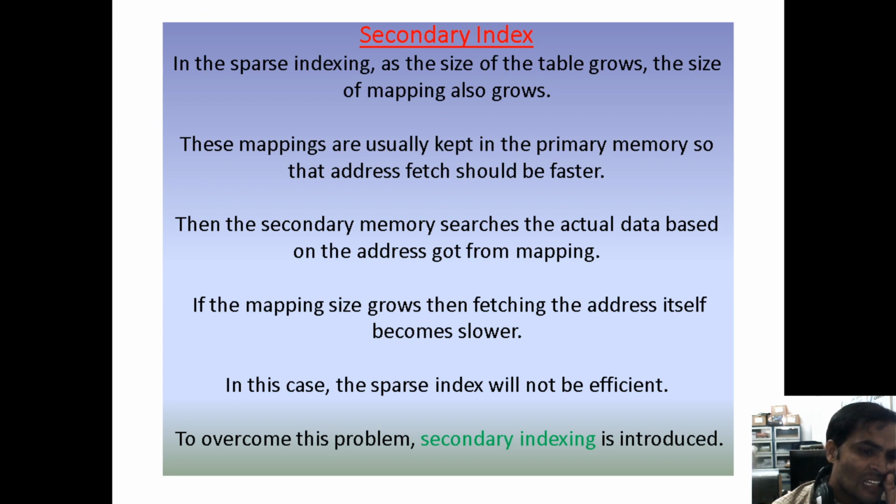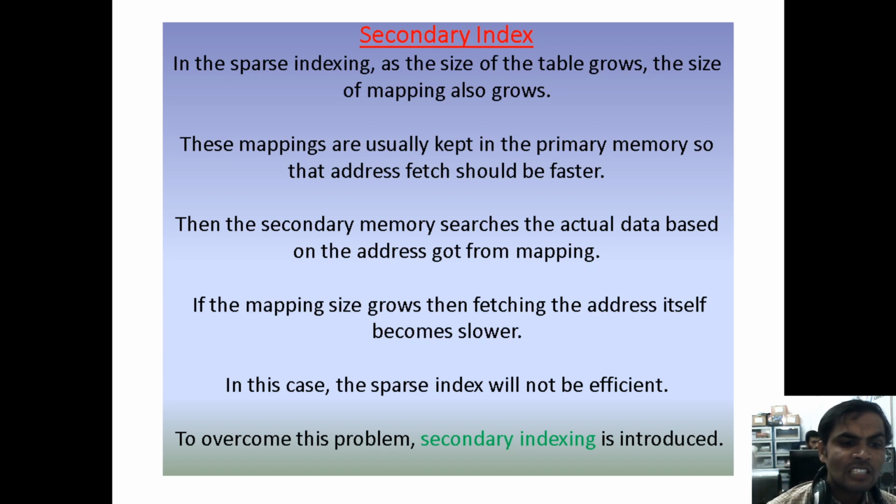Now, the secondary memory holds the actual database, and the address is got for mapping. This means under the primary index, the index structure and the main table do not have similar columns. Maybe a gap exists between the index structure and the main table. Coming to the secondary memory, the actual database gives the address for the mapping. Means we are creating one more alternate index structure for your primary index.